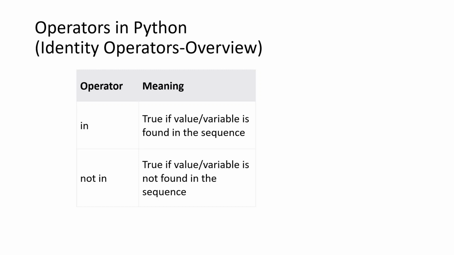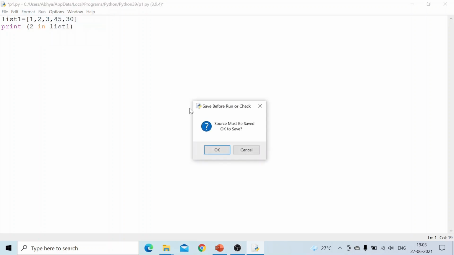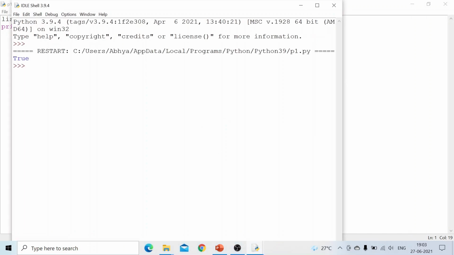So let's see one more example on this in and not in. See, I have given here a list. list1 contains 1, 2, 3, 45 and 30, and we will check whether the data 2 is available in this list1 or not. Run this module, and it will print true.